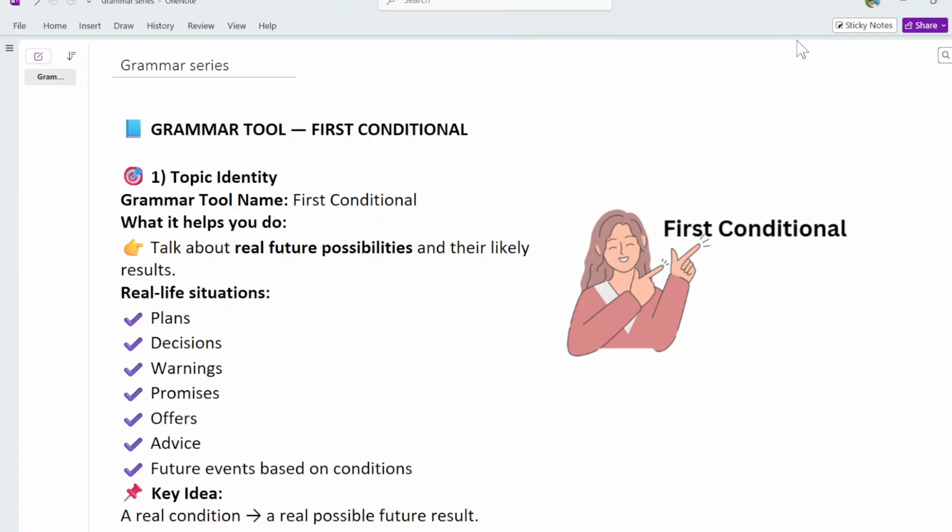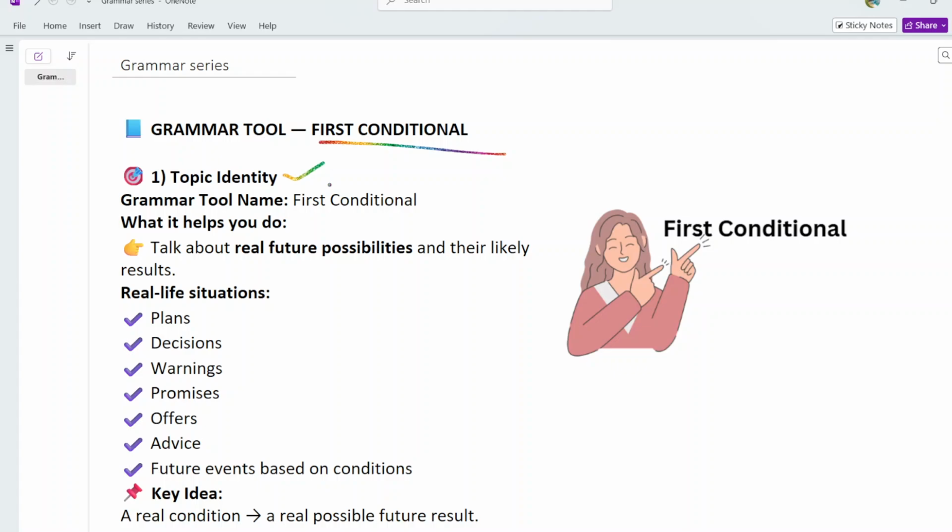On that note, let's start today's session, and our topic of interest today is the first conditional. All right, so it's one of the most useful English tools, also known as the first conditional, and that is the topic of today. This is the grammar we use when we talk about real future situations and not facts. Okay, let's keep that in mind. That's for zero conditionals. So it deals with real future situations, not imagination, not facts, but only when things